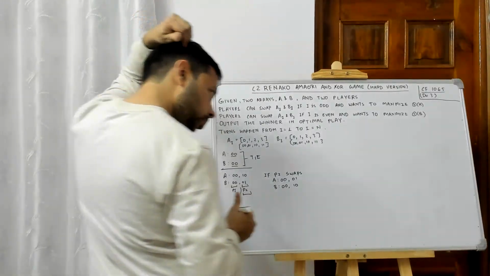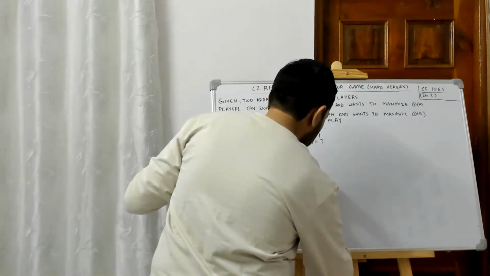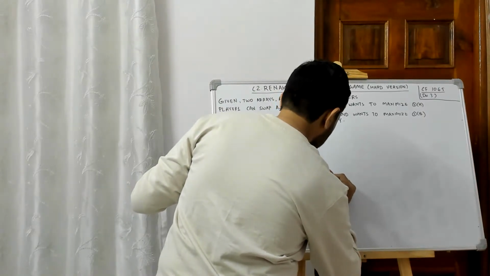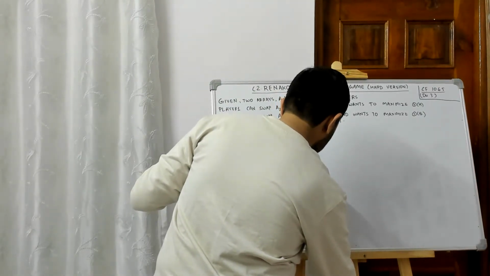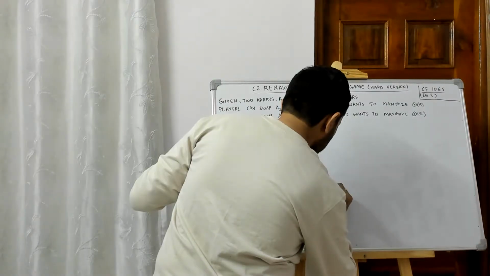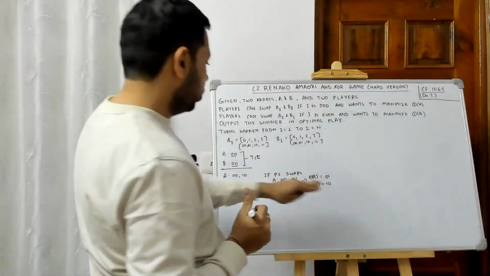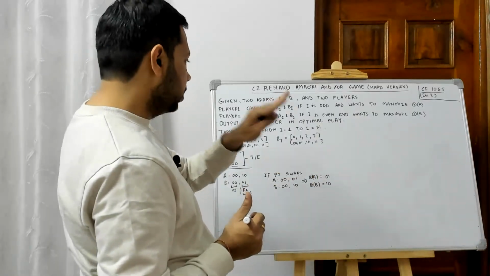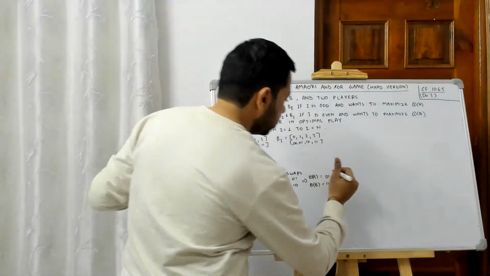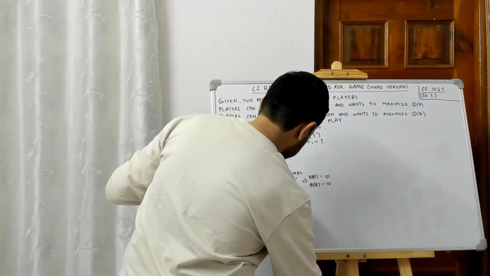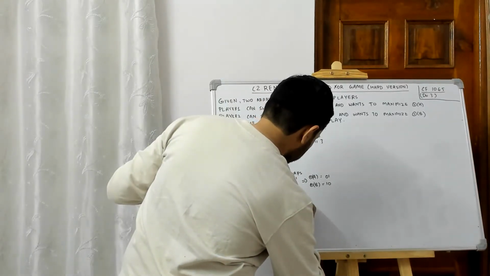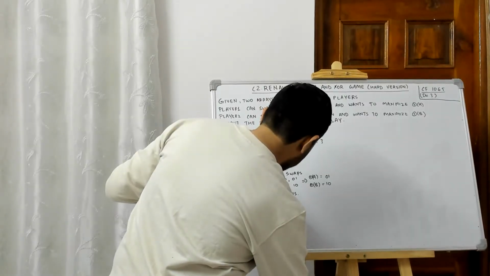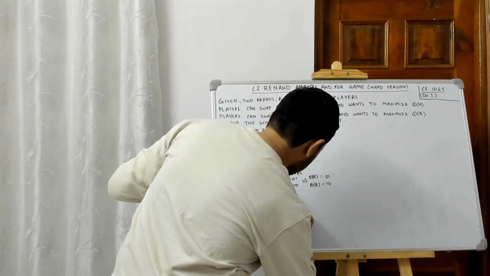In this case, the XOR of A will be 0, 1 and the XOR of B will be 1, 0. So who wins here? B's XOR is greater than A's XOR, so player 2 wins. So P2 wins. If P2 doesn't swap,